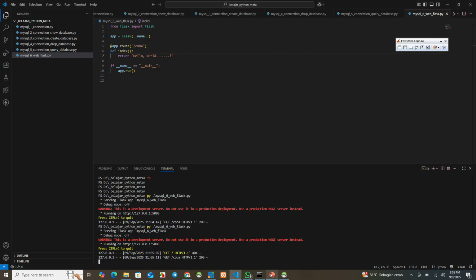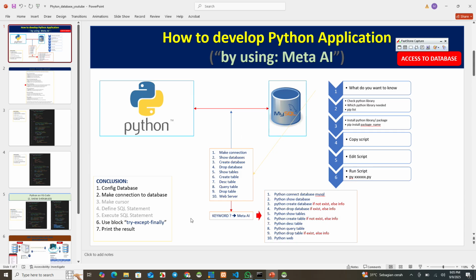Okay guys, for this moment, I think we make some of these jobs the same way. You can use this method to take or receive a script from the AI.